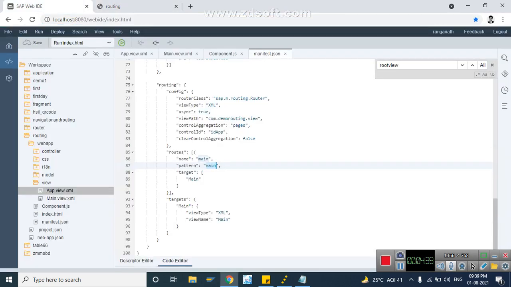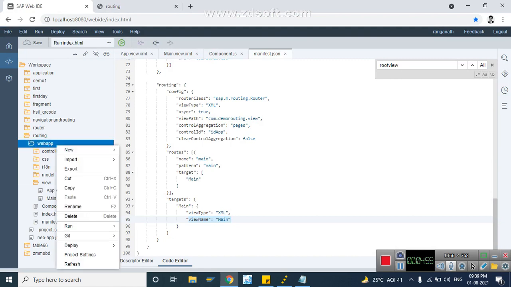Can I enter? See, now the main view is loaded. Why? Because the pattern here is main and I have also given main. When the pattern matches, the defined target will get called. In the target we have main, and inside main we are calling the main view. That's why the main view is loading.